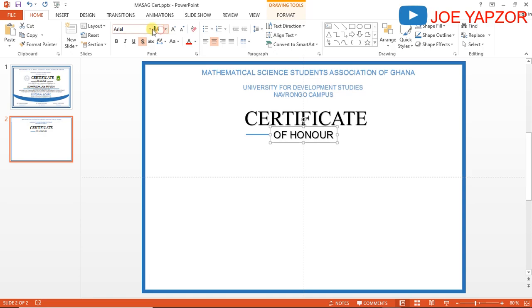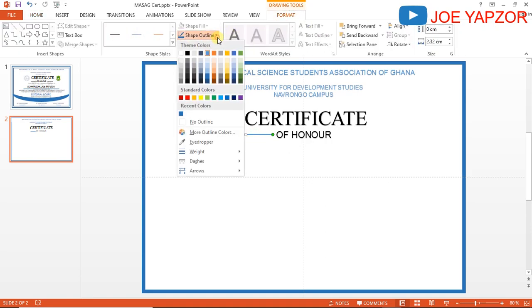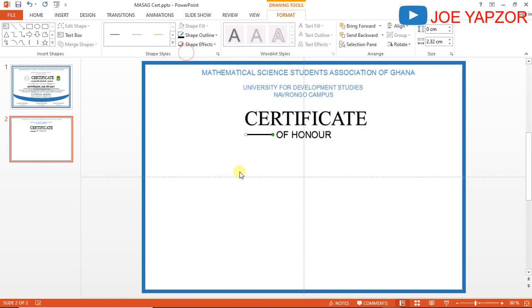I think 22 will be okay. Yes. So position this in the middle, then decrease our line size. Okay. So this one will change the color to black. So you just come to shape outline, then you choose black. So to duplicate it, you just